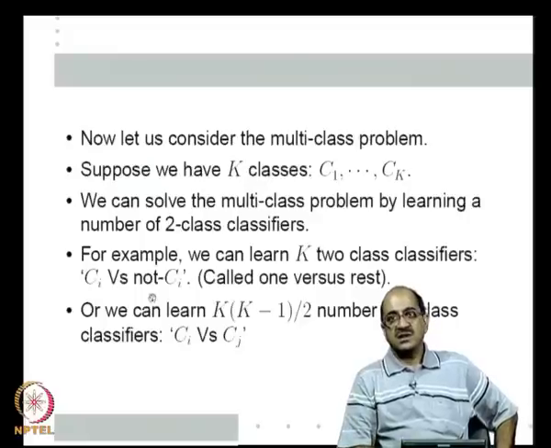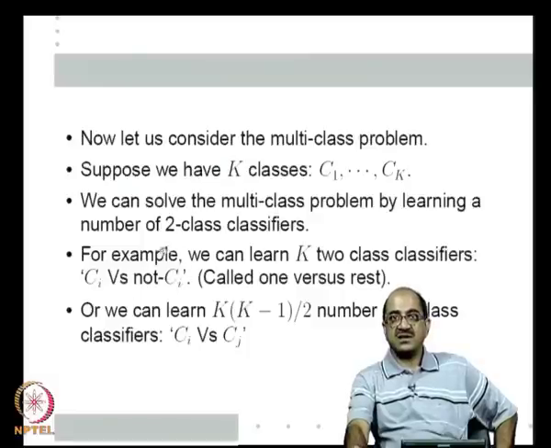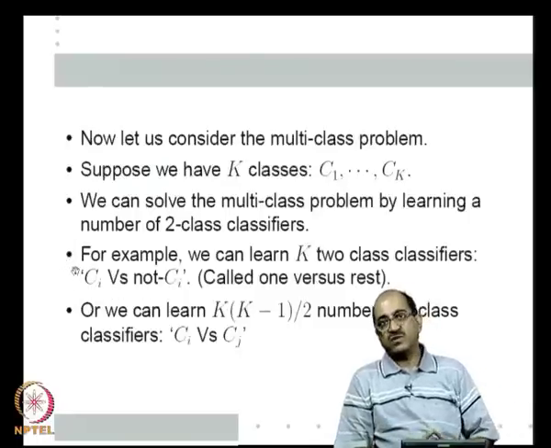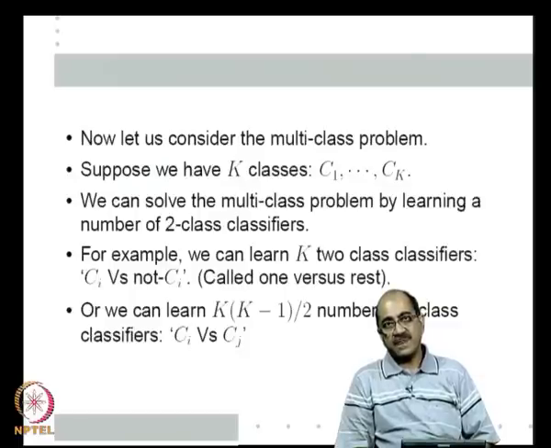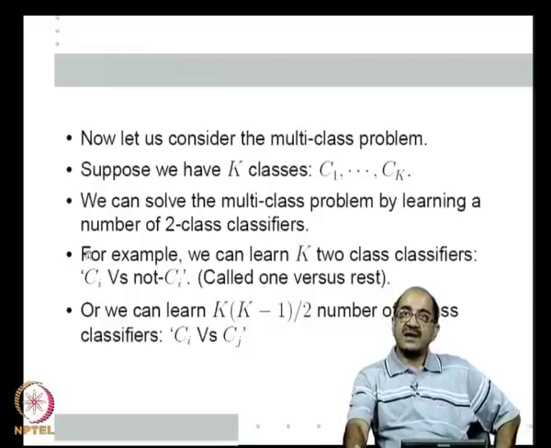So, out of this 4950, maybe I take some 50 or 100 randomly selected samples and use that to do Ci versus not Ci. But when I do that, maybe that does not represent all the other not C1 classes. So, if the number of classes is very large, then one versus rest can sometimes be difficult, because the training data will be very skewed for the resulting 2 class problem. If I have only 3 or 4 classes, then it may not be so bad. But if I have 100 or 200 classes or 50 classes, then learning Ci versus not Ci could be a skewed data set problem, and I have to properly balance the data set.